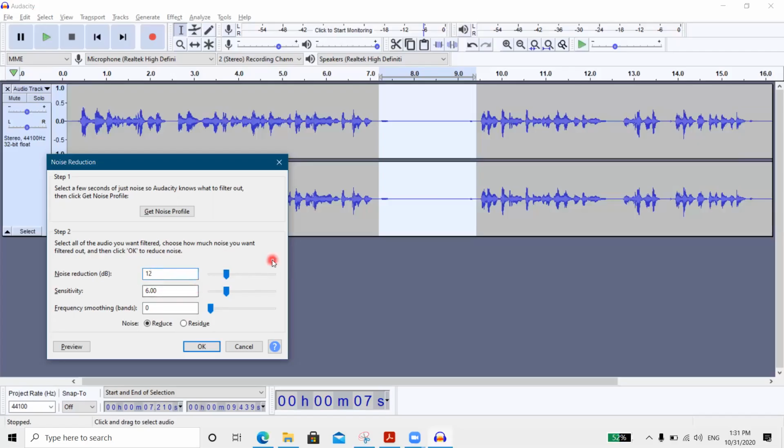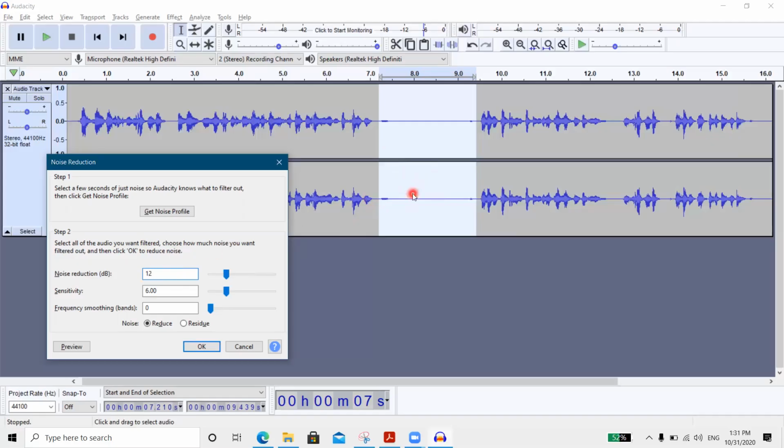So suppose there is traffic noise while recording the sound, which got added in my original sound. If I lower the value, since I was not speaking anything here, at that time only the traffic sound got added here. So it will understand the traffic sound and that pattern will get reduced. So if I make it 10, 8, 6, 7, something like that, the sound of the traffic will